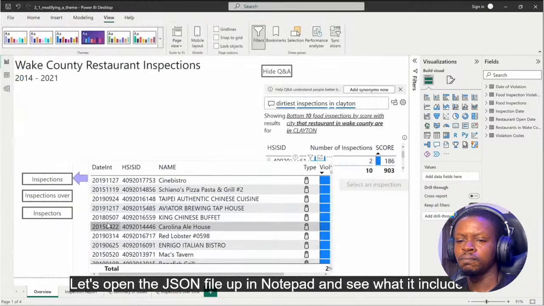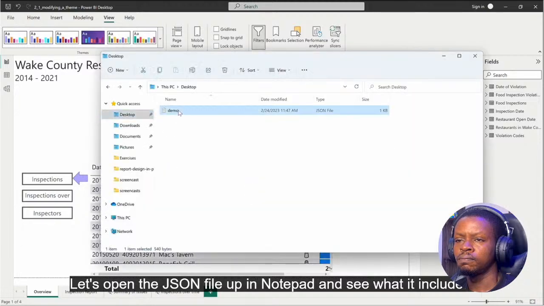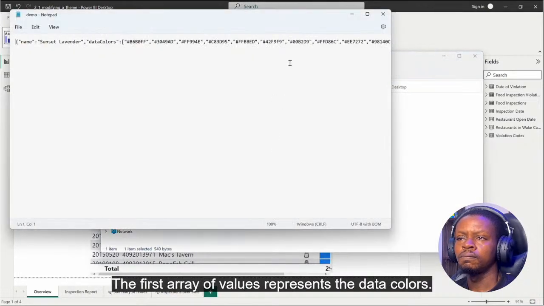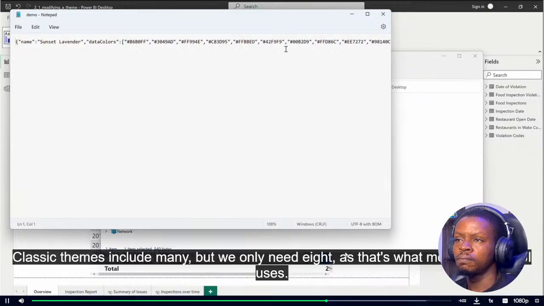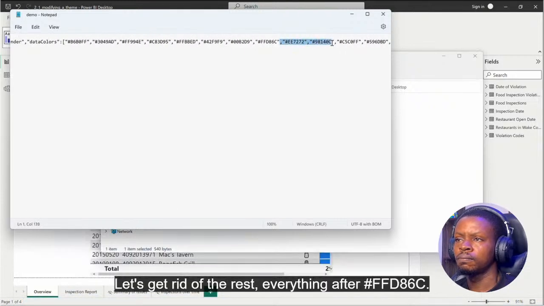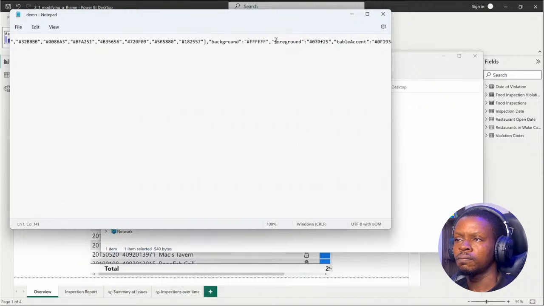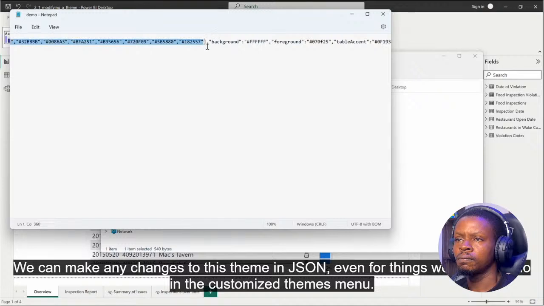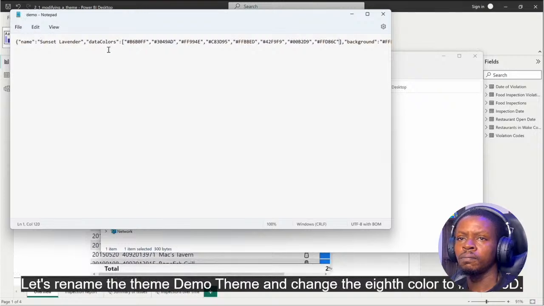Let's open the JSON file up in Notepad and see what it includes. The first array of values represents the data colors. Classic themes include many, but we only need 8, as that's what modern Power BI uses. Let's get rid of the rest. Everything after #FFD86C. We can make many changes to this theme in JSON, even for things we could not do in the Customize Themes menu. Let's rename the theme Demo Theme and change the 8th color to